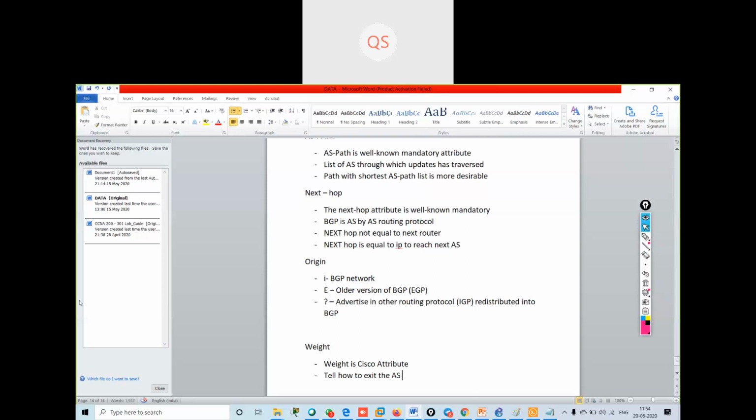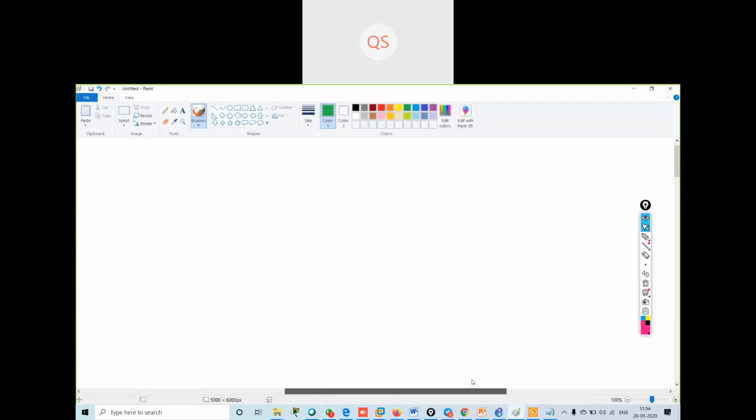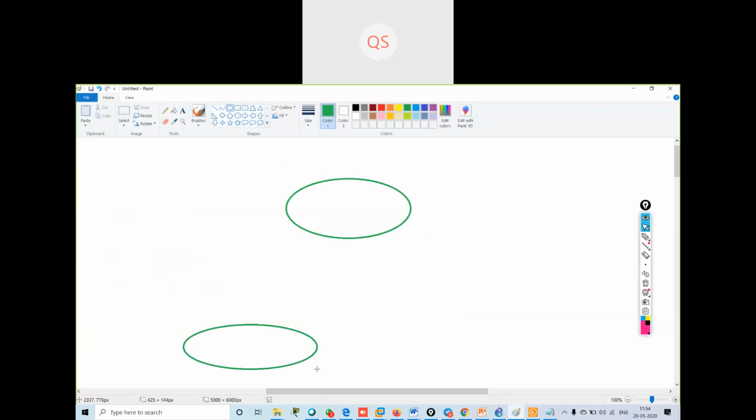Suppose I give you an example over here. Let us say I have one AS number over here, and suppose I have two internet service providers connected to my one AS number.